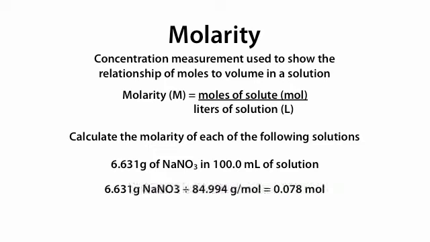6.631 grams of NaNO3 divided by 84.994 grams per mole is equal to 0.078 moles of NaNO3. So we've converted our mass of NaNO3 to moles of NaNO3, which satisfies our moles of solute. And now we have to convert our 100.0 milliliters of solution to liters of solution. We do this by dividing 100 milliliters by 1,000 to get